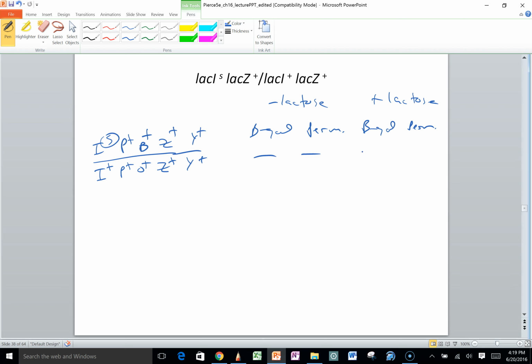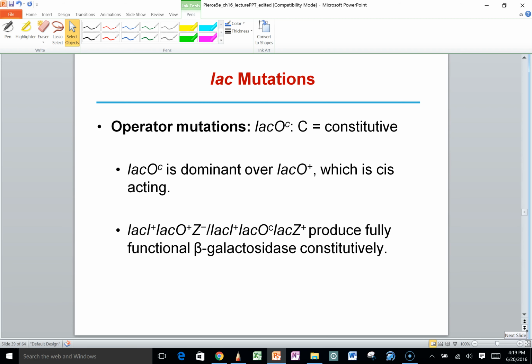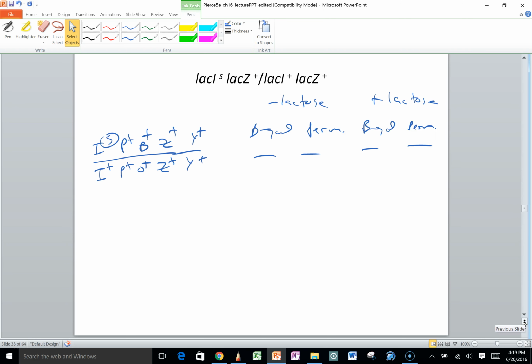The super repressor represses all the time. So it's super. It's a big time repressor, represses everything all the time. We have some other constitutive mutants. So these are, so any mutations that are in, so I mutations, or repressor mutations,